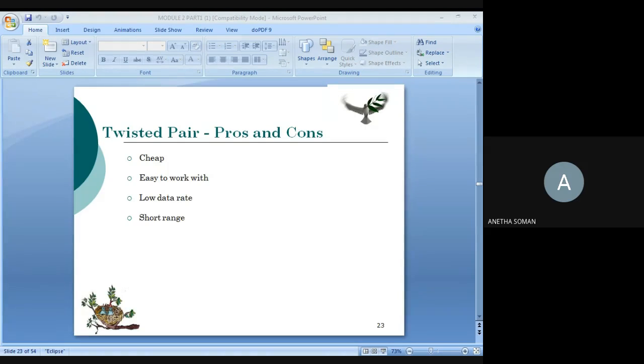What would be the initial disadvantage? More cost. Initial cost, setting up cost will be very, very high.